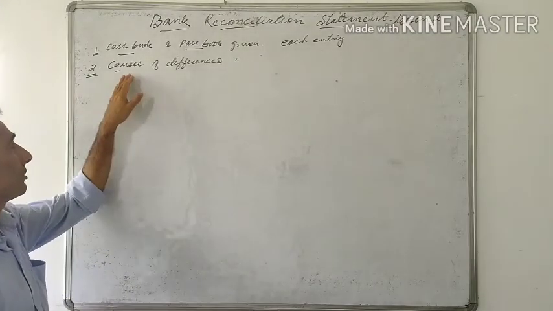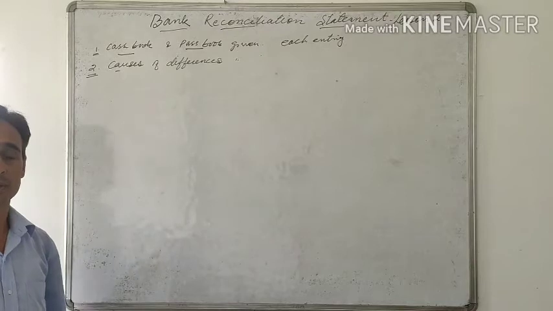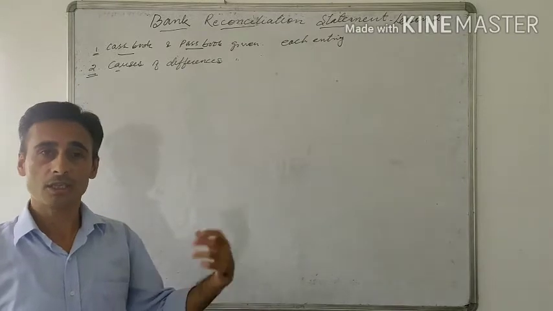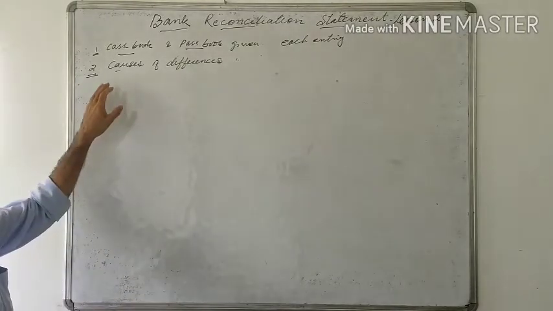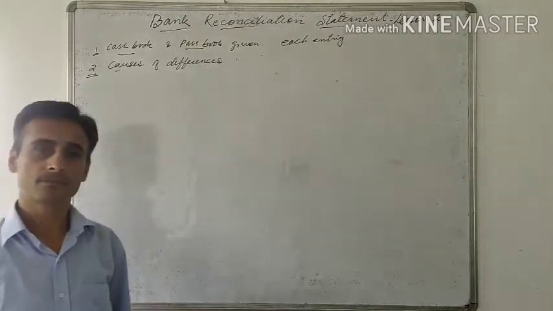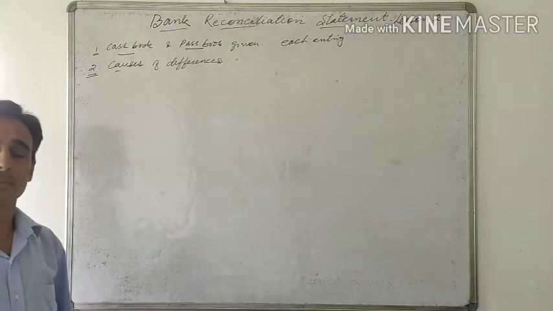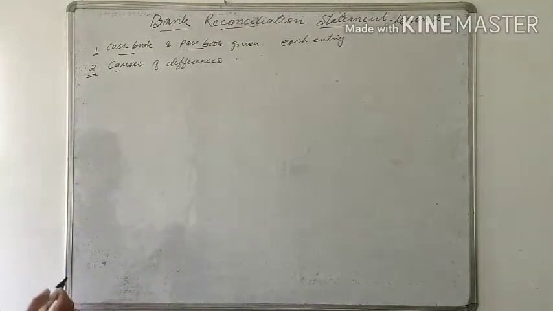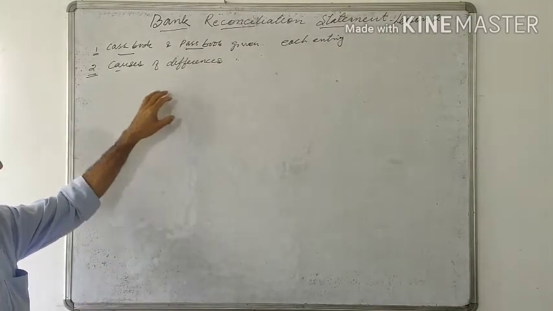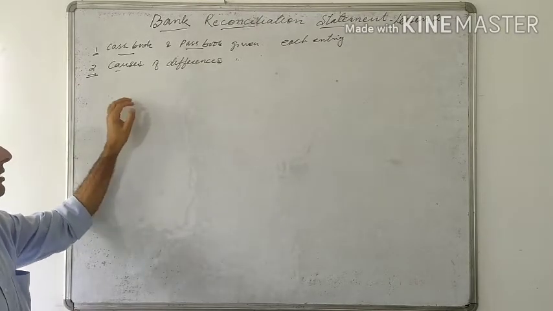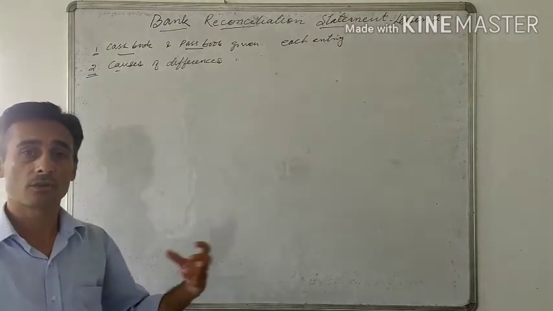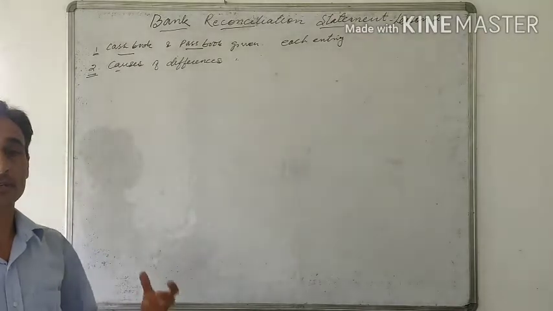Okay. Now case 2, causes of differences are given. Now what are the causes? The reasons why there is a difference in the balance of passbook or the cash book. The causes of differences like check deposited but not collected by the bank, check issued but not presented to the bank. So these kind of statements will be given in the question. So when this kind of statements are given to you, these are the causes of differences. And when these causes of differences are given, it's very simple to prepare a bank reconciliation statement. You have to just take those causes and then prepare the bank reconciliation statement.